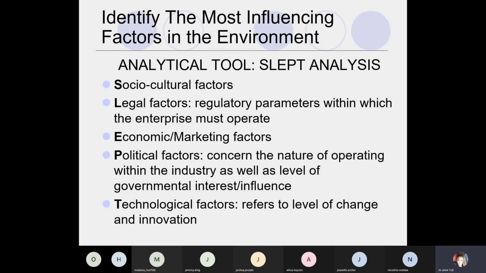I have found it especially useful for us because of the same point we were just making about the uncertainty of our environment. The reason I say that is because what this exercise gets you to do is first identify what factors are impacting according to these categories, whether they are positive or negative. Your socio-cultural factors refer to anything to do with society, culture, social norms, cultural behavior. So for example, if you had to identify a sociocultural factor that impacts the creative industry ecosystem now, people are spending more time online, looking at free content, whether it's in